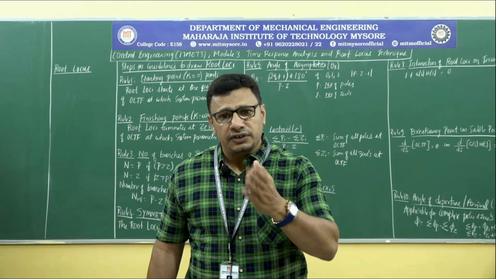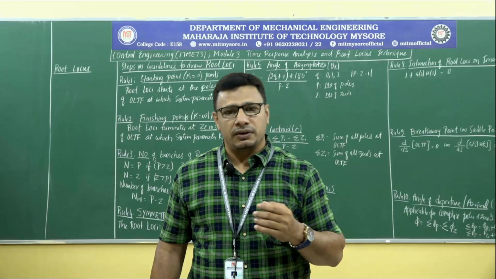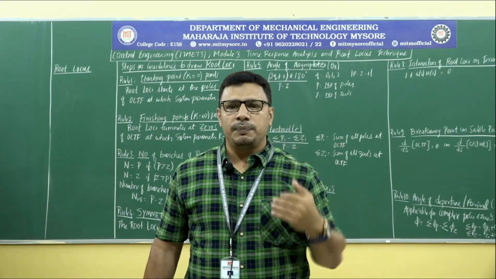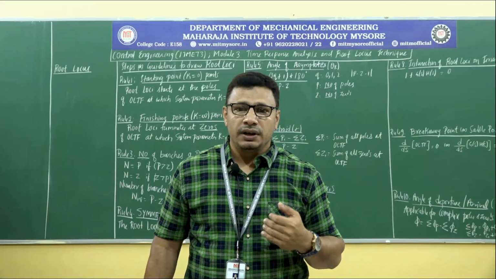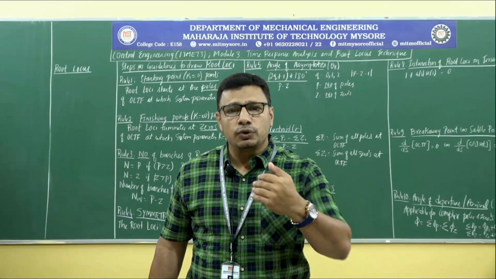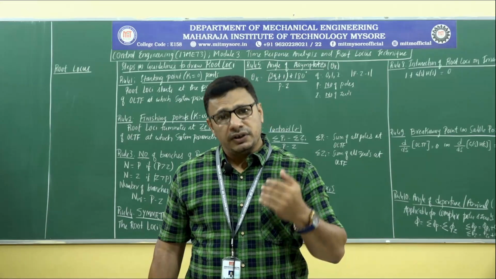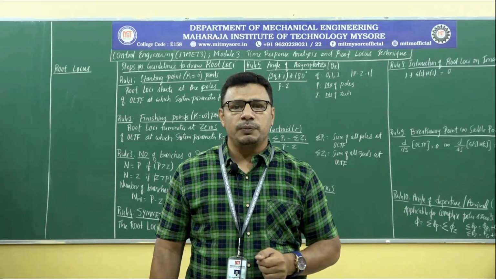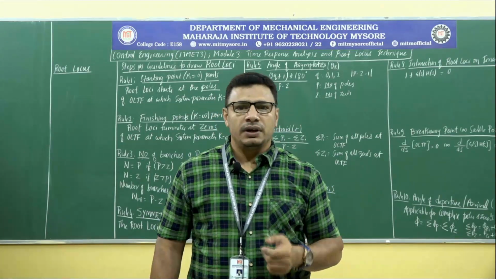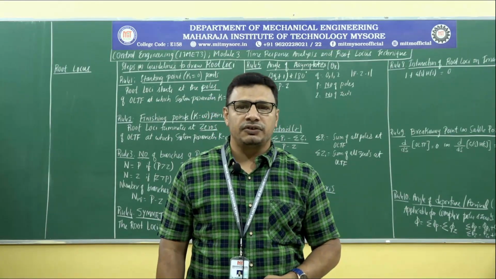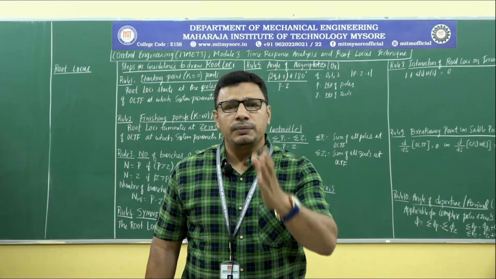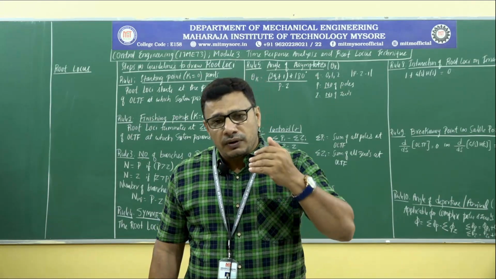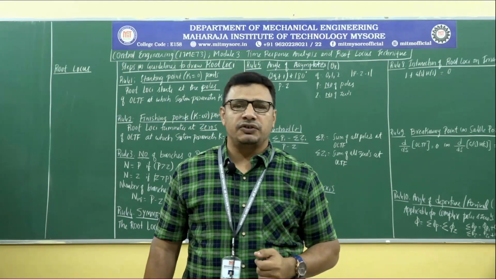So, you will not just get to know whether the system is stable or not from the root locus technique, you will also get to know, when you vary the input parameters over a given range of values, whether the system continues to be stable or becomes unstable after we increment the value of the input parameter over that range. Now, if it becomes unstable at a later stage, then what is the value of input at which the system becomes unstable? Then at what frequency does it become unstable?